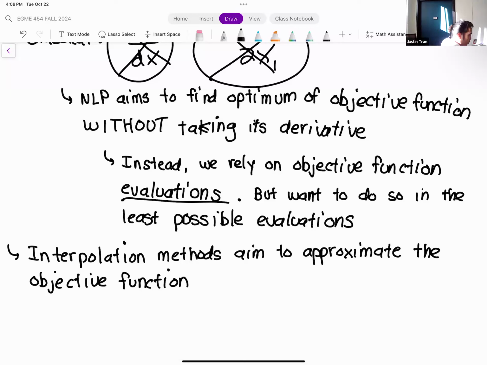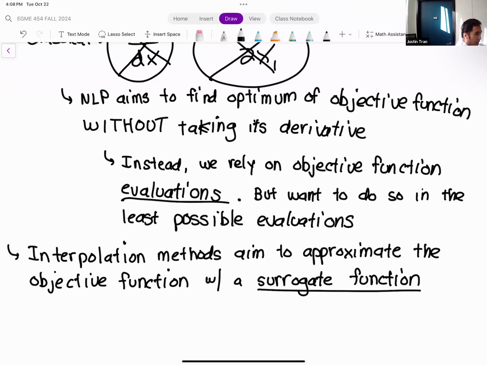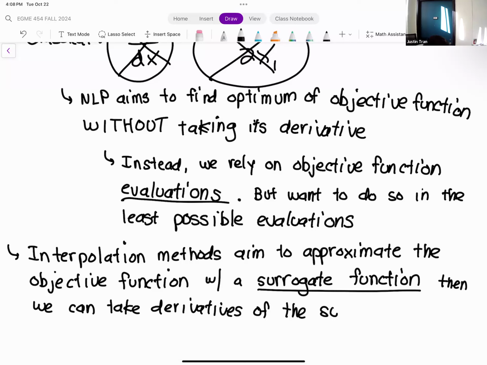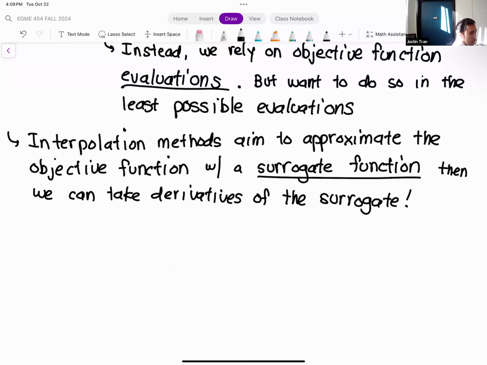Because if we can generate a second function, and oftentimes we call this the surrogate function, and we approximate our original objective function with it, where we have control over exactly what the functional form of that surrogate is, then we can take derivatives of this surrogate function. So that seems kind of cheating,